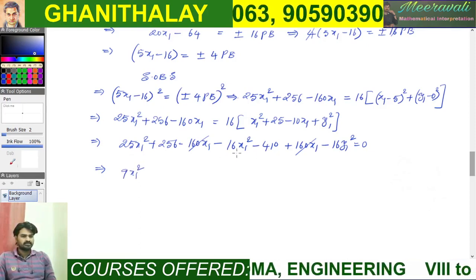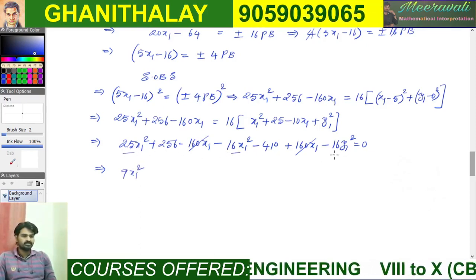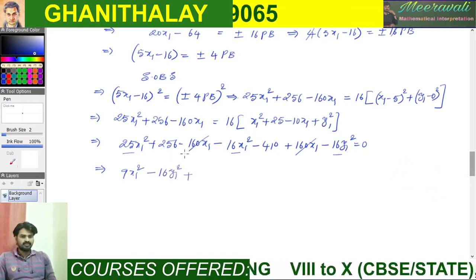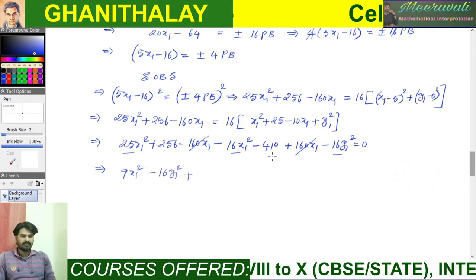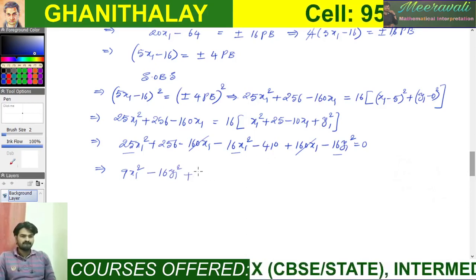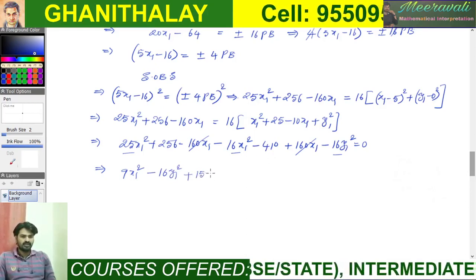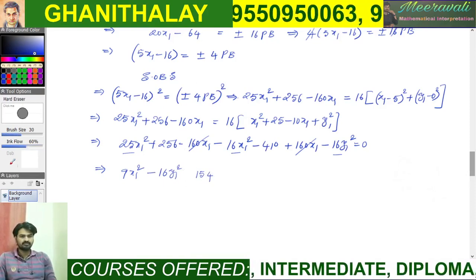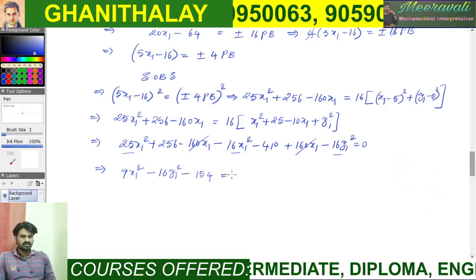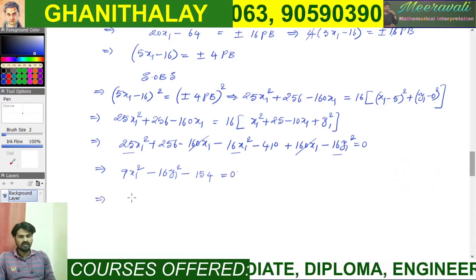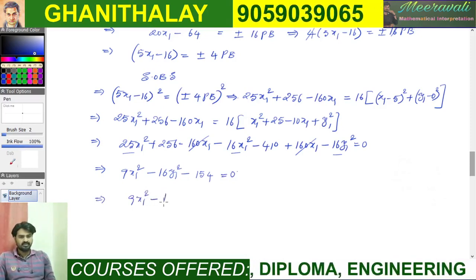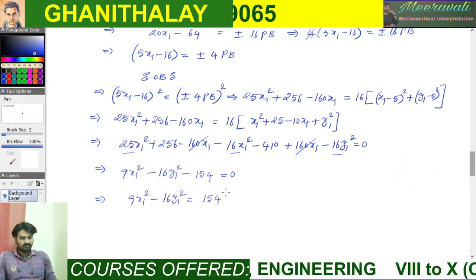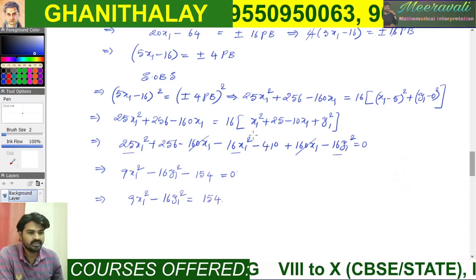Next, minus 16y1 square plus 256 minus 410, that is minus 154, is equal to 0. Now here you can write 9x1 square minus 16y1 square is equal to 154. Sorry students, here